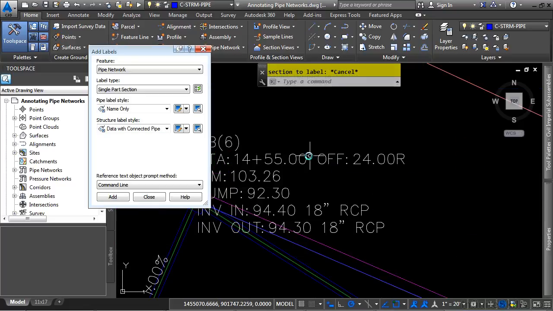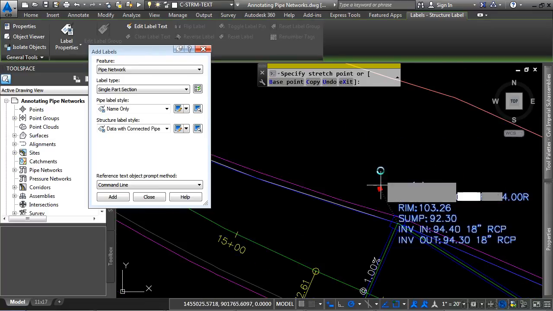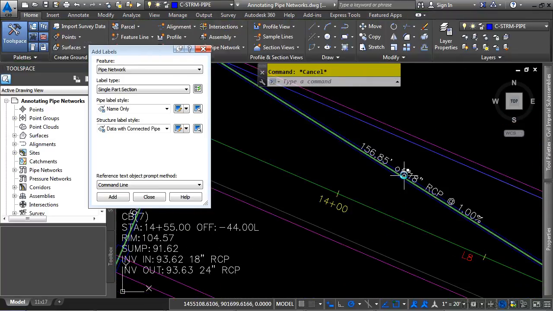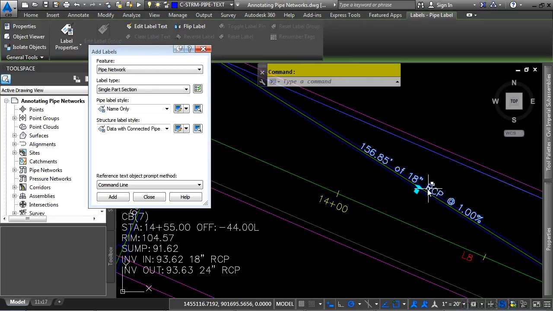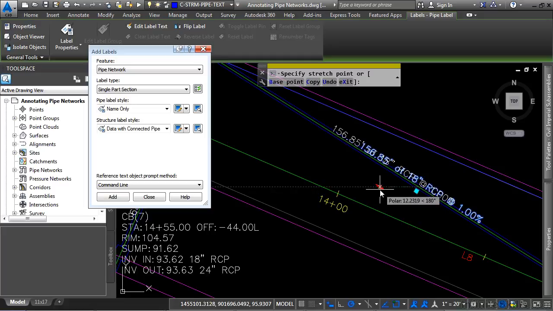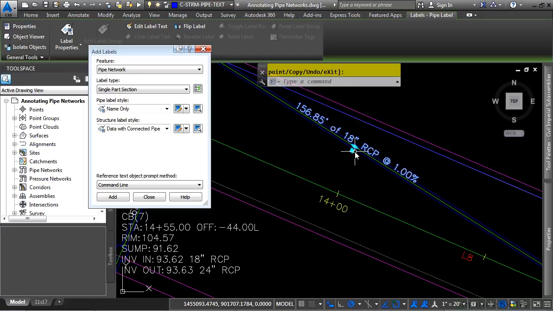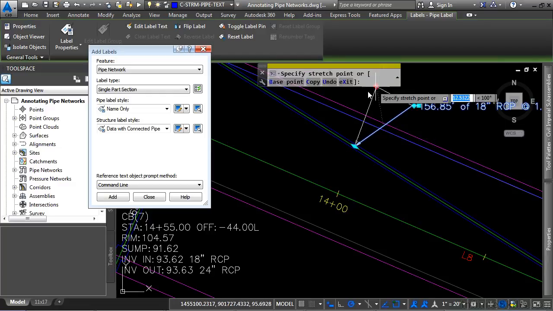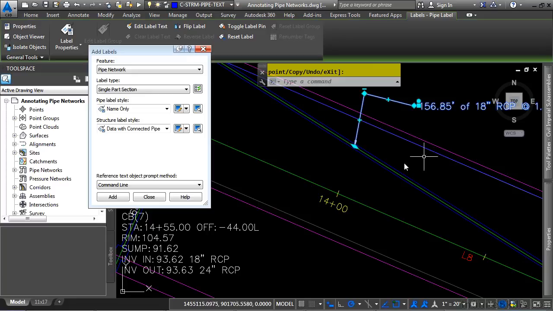To move any of these labels around in any of the different views, you simply select the label and then grip pick it. The same thing can be applied with the pipe labels. You simply select a pipe label, but in this case, you actually get a slide grip to slide it across the pipe object. And if you wanted to, you could of course drag it out and you would have that kind of label as well. Notice the grip here to add leader vertices to move around congested areas to still point to your object.